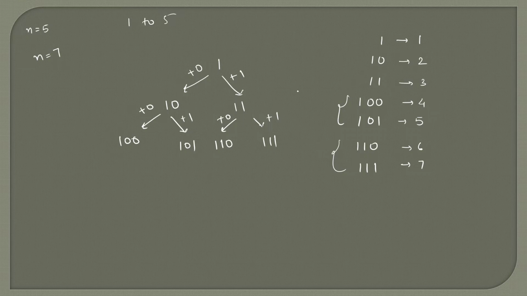But the main problem is, for the first digit we know that it is 1. We can append 0 and 1 and we get 10 and 11. But how about the other numbers? How will we get 10 and 11 in sequence, so that we can append 0 and 1 to 10 and get the next elements, and then append 0 and 1 to 11 to get the rest of the elements, also in sequence? And this chain can go on like this.